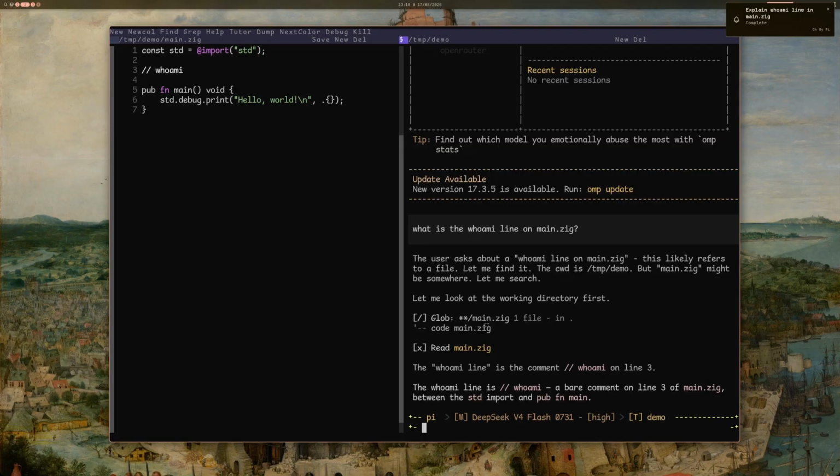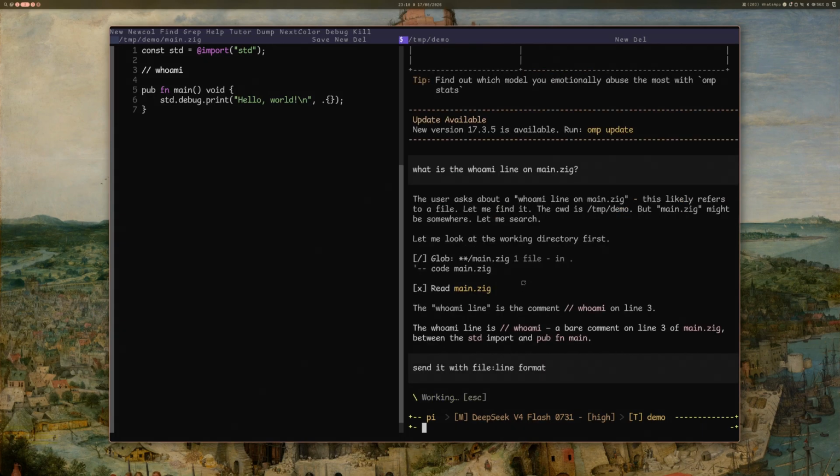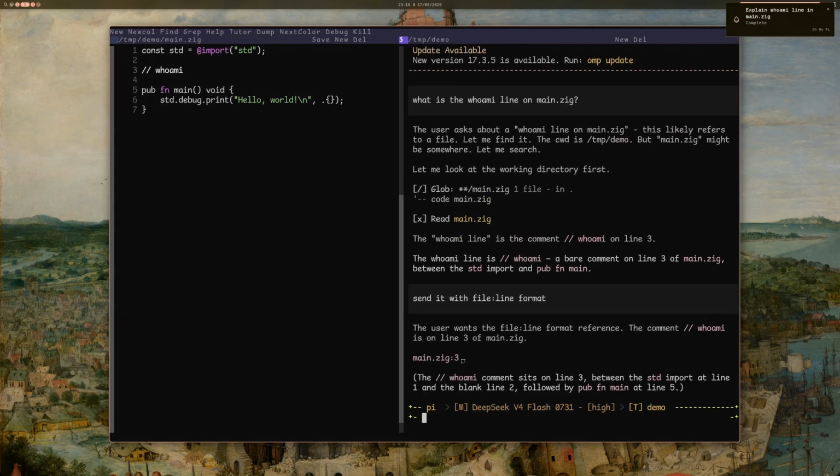It says line 3 of main.c, send it with file line format. Okay, and it works,